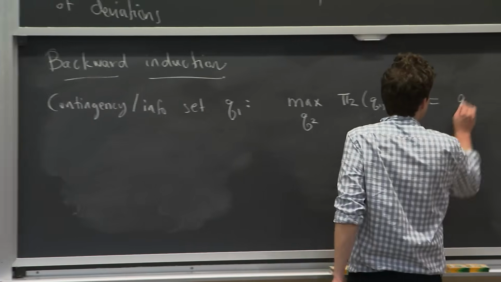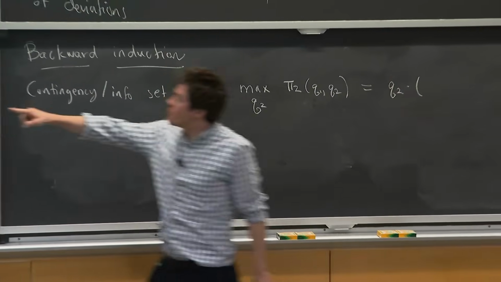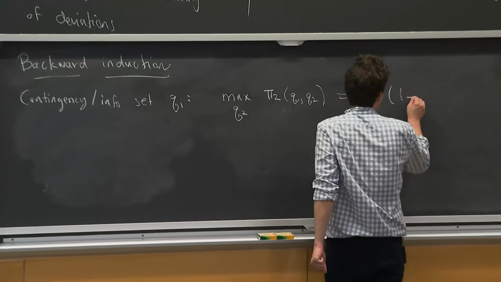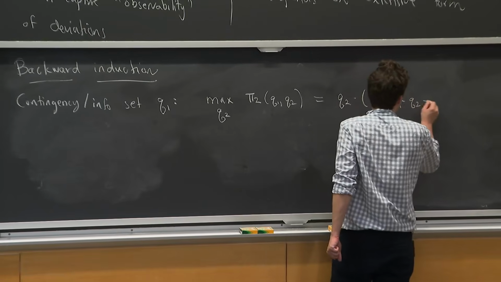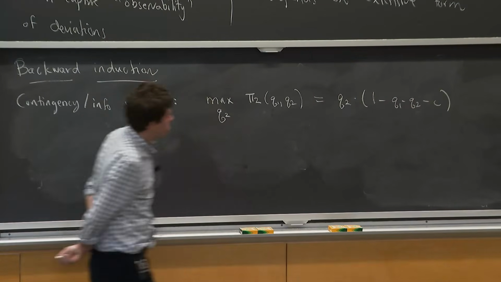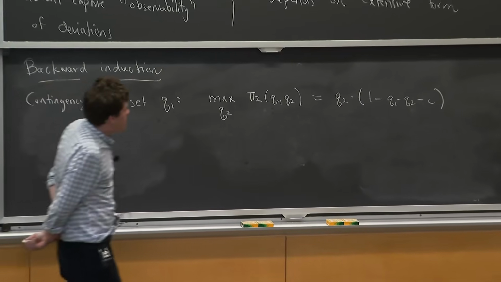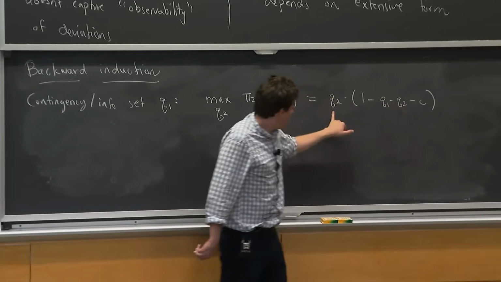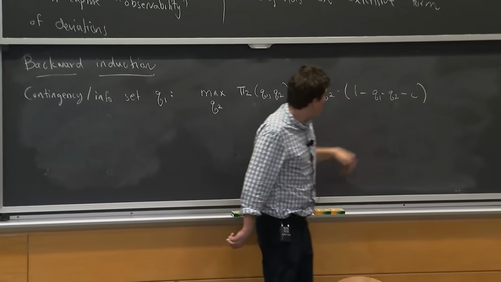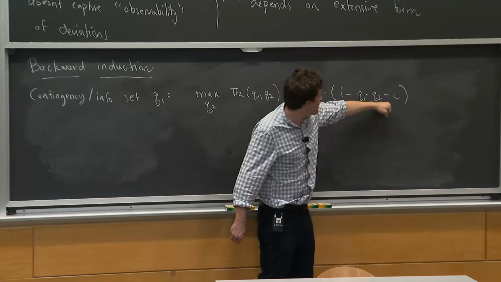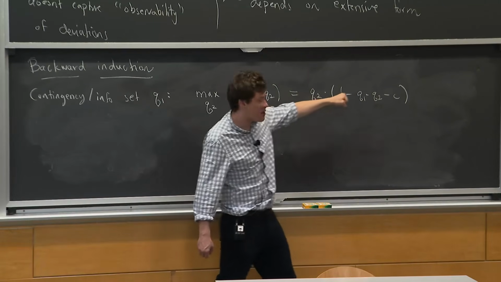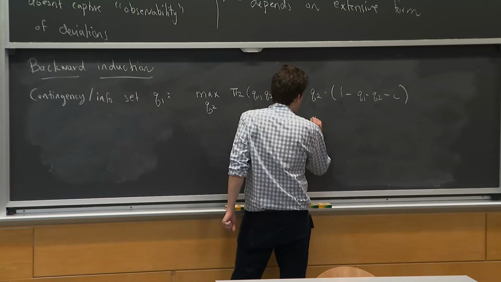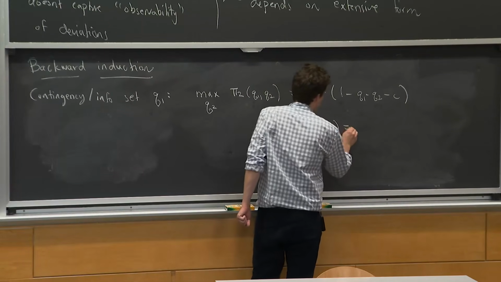And what do we get? Well, this is Q2. I'm just going to copy this formula, but switch it because we're now focusing on firm 2. 1 minus Q1 minus Q2 minus C. And if we use our trick, this is something times a constant minus that something. Sorry, this is Q2 times a constant minus Q2. It's always optimal to set Q2 to be the constant divided by 2. So what we're going to get is Q2, maybe I'll say star of Q1 is equal to,